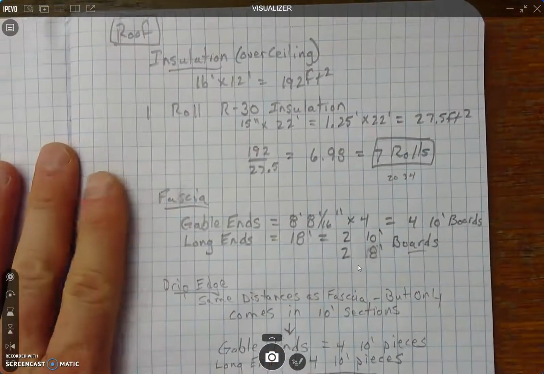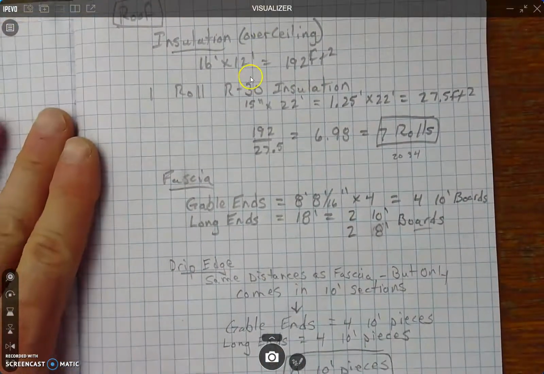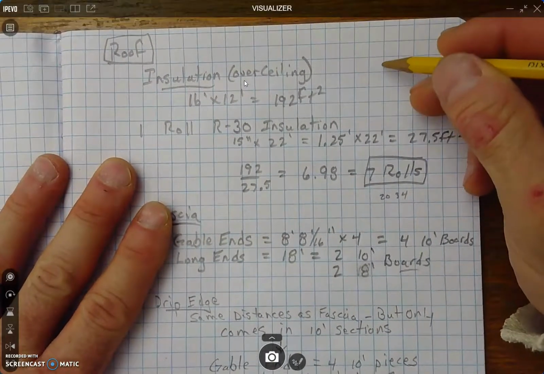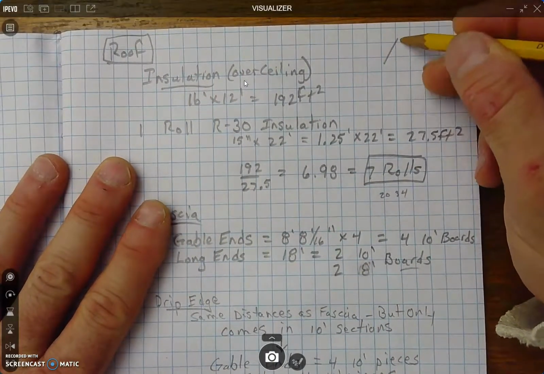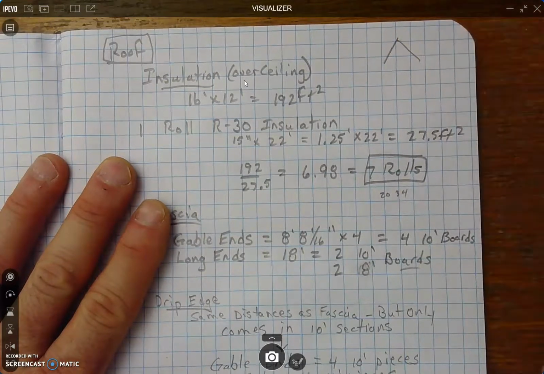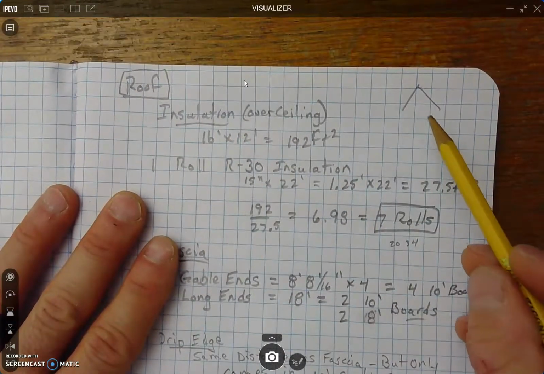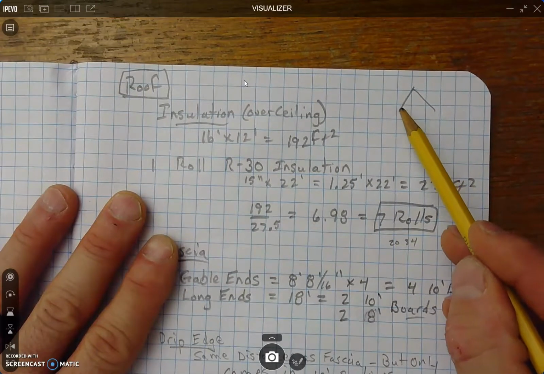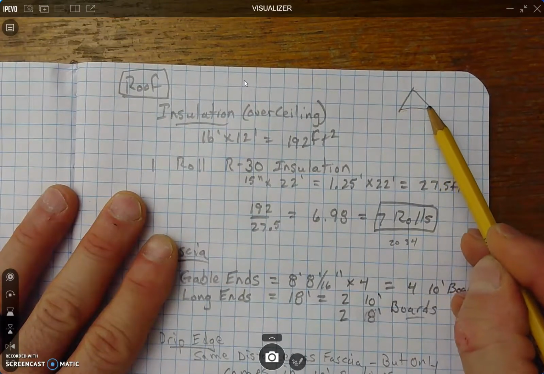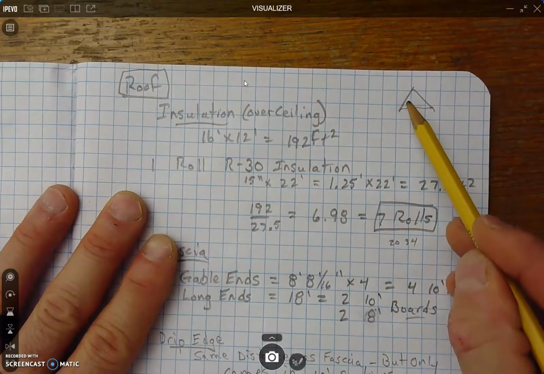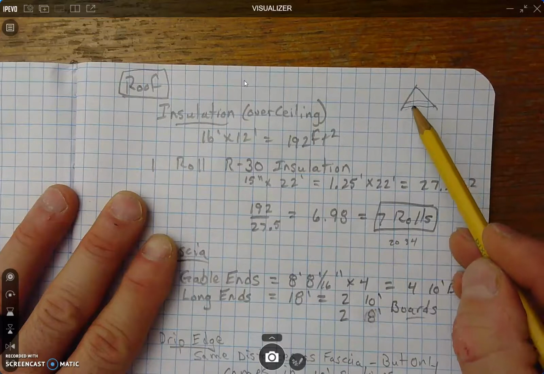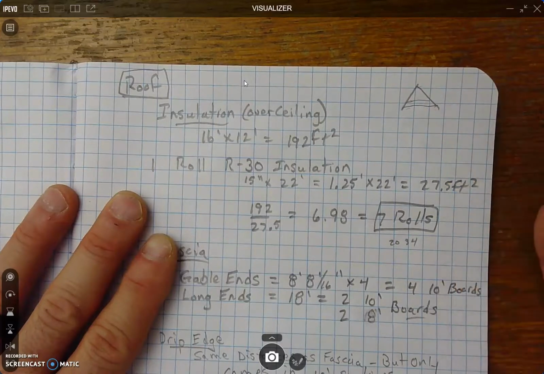Okay. Over here, insulation. So insulation is just going over the ceiling. So even though our roof goes like this, our insulation doesn't go on this. We're going to have a ceiling that comes across like that. Our insulation will literally lay across the top of that. So what we have to do is figure out the square footage of the ceiling on the top of this